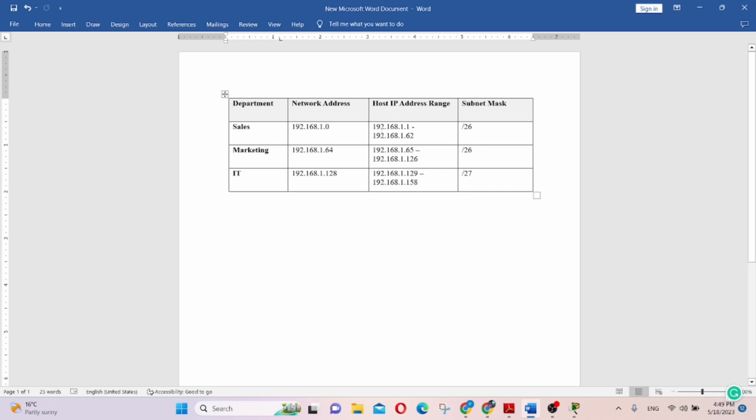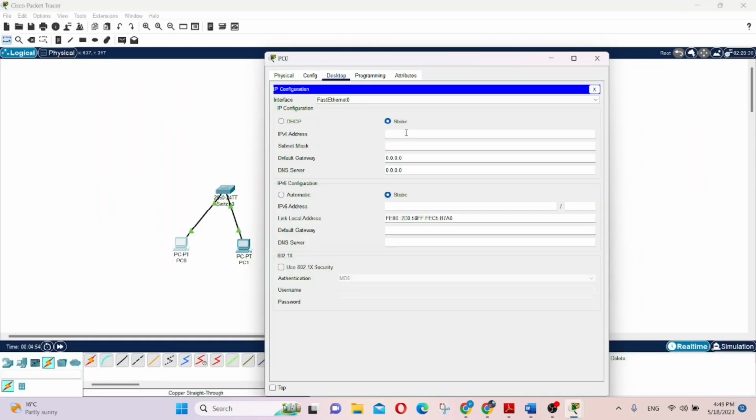Host IP range 192.168.1.1, so we have to put this 1.1 in here. Then 192.168.1.2. This is the sales department, and the sales department has 50 hosts, so it would be